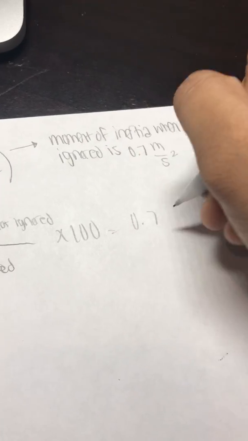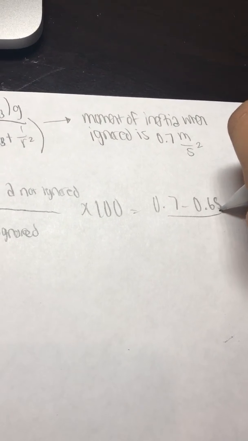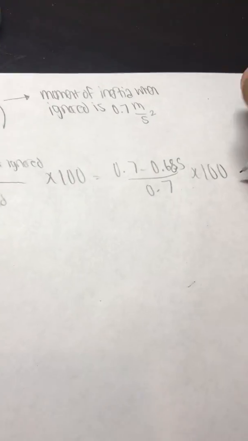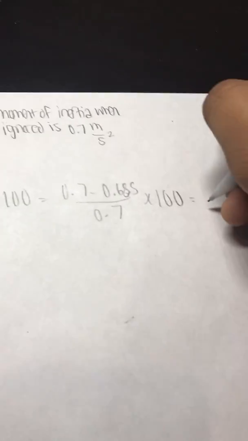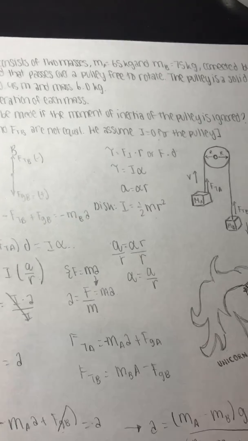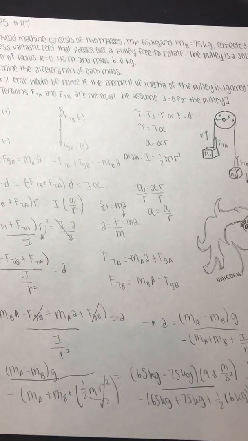So we're going to put in 0.7 minus 0.685 over 0.7, and we're going to multiply that by 100, and we should get 2.14%. And that would be our percentage error. So that's how you would solve this problem. It takes a lot of steps and a lot of substitution and work, but this problem was